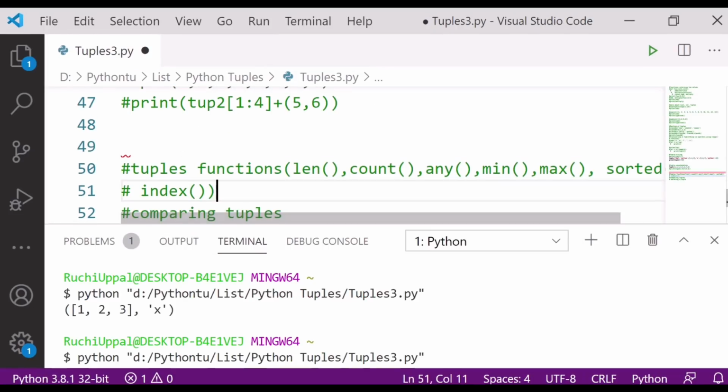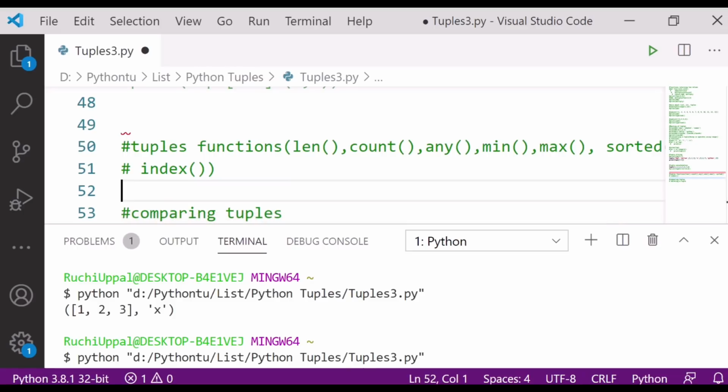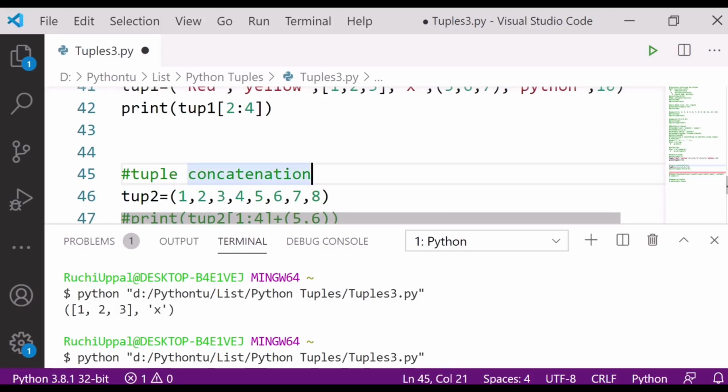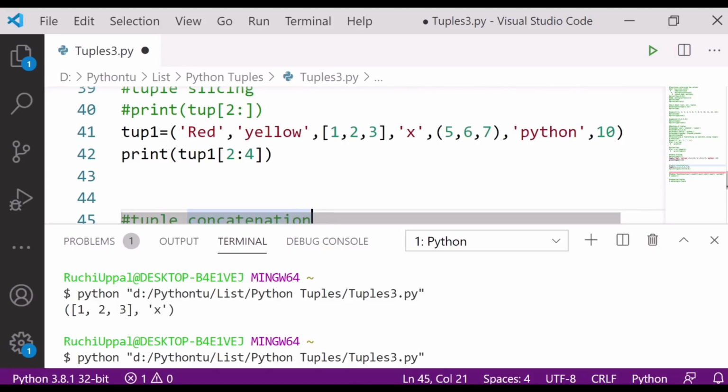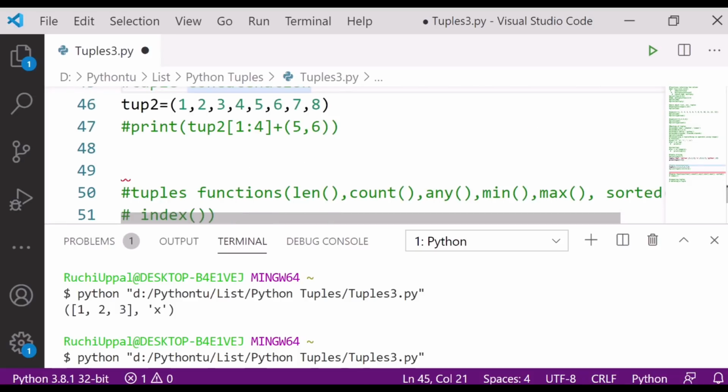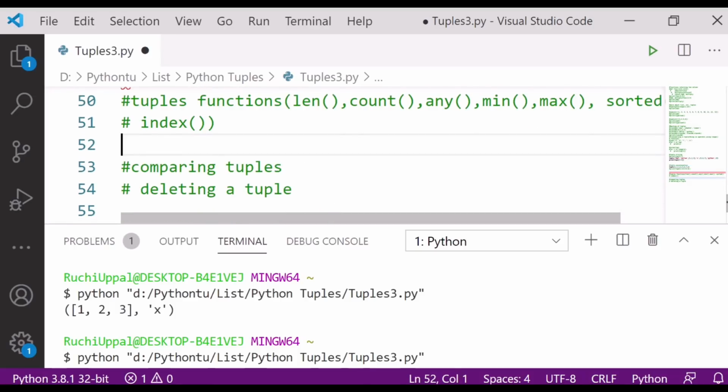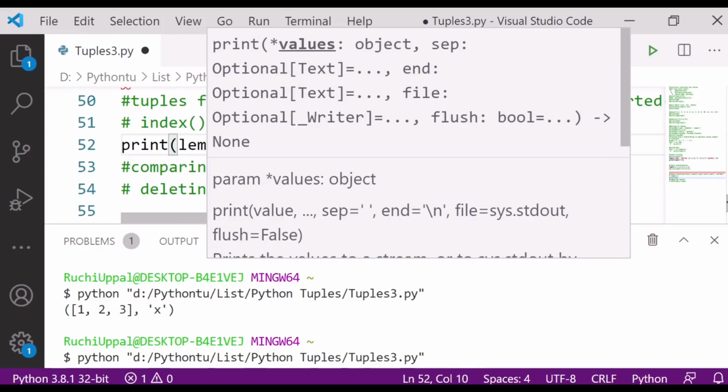So next are functions. Let's see how to use the functions in this video. First is the length function. The length function will tell you the length of your tuple. Suppose I have tuple 1 and I want its length. I will simply write print length of tuple 1.